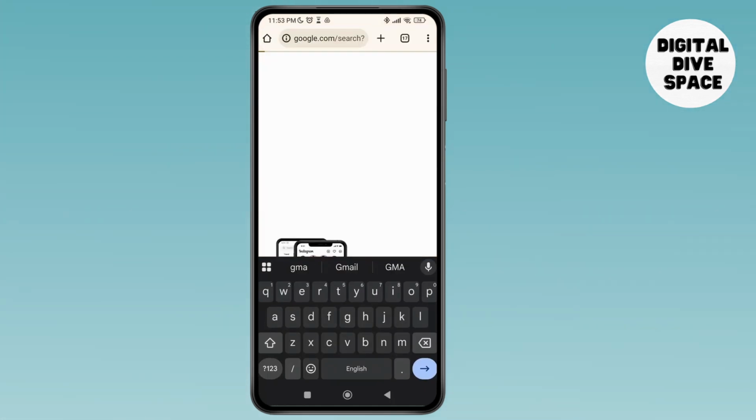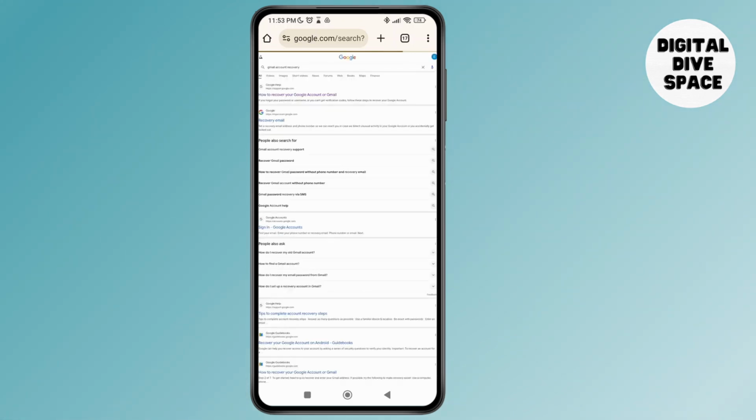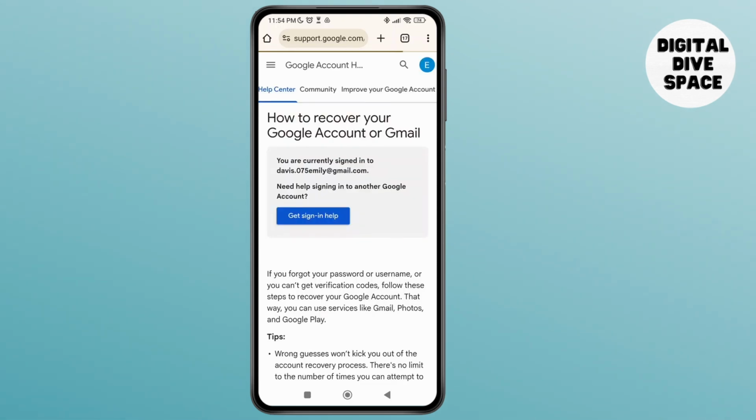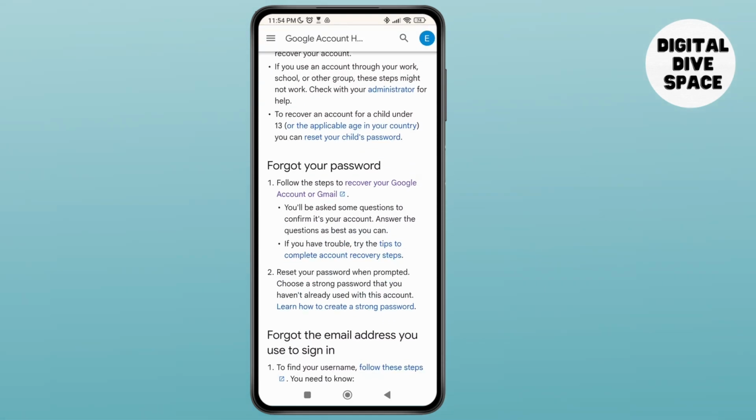And as you search for it, simply tap on the very first option that pops up, which is the Gmail account recovery. So let's turn it back to mobile view and tap on how to recover your Google account or Gmail. As you do that, simply scroll down and here under forget your password,